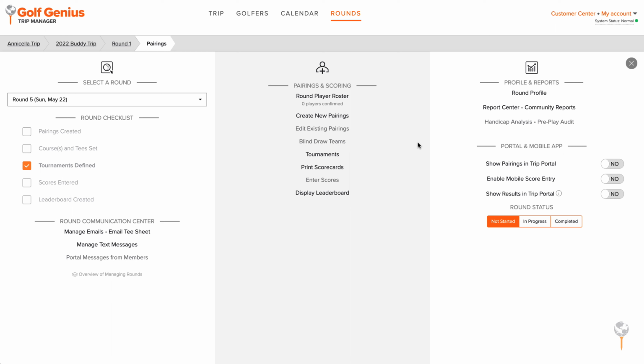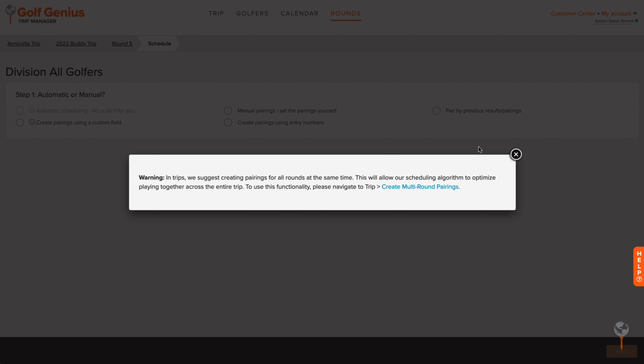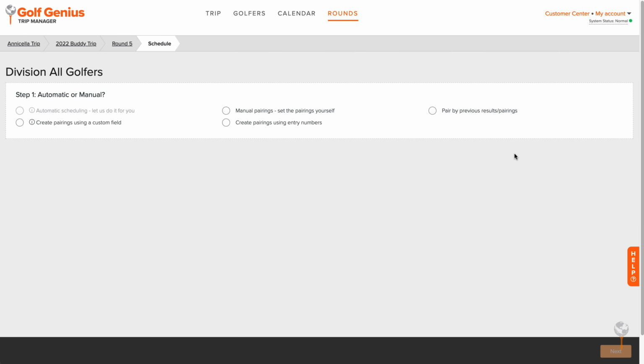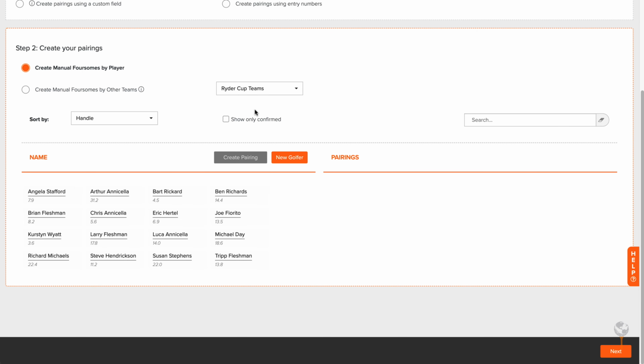There also may be cases where you do not want to use the automatic scheduler. For instance, maybe your pairings are predetermined. If so, you can create pairings manually round to round instead. To do this, go to Rounds, Create New Pairings, disregard the disclaimer, select Manual Pairings, select the players in the first foursome,